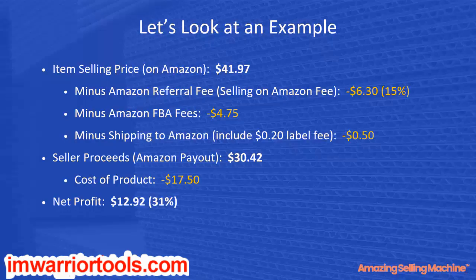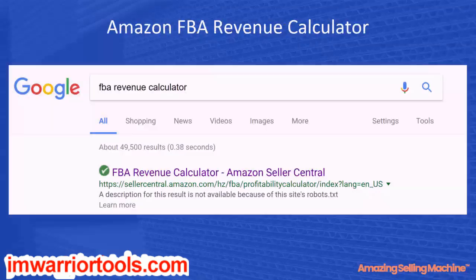Now, if this looks a little complicated and you're wondering where I'm pulling these numbers from, I'm going to show you a really easy way of finding that right now. The tool that we use to perform all these calculations is Amazon's FBA Revenue Calculator tool. There's a couple different ways to find this tool because it is Amazon's own tool that they provide to us. But believe it or not, the simplest way is to simply do a Google search. Do a search for FBA Revenue Calculator,